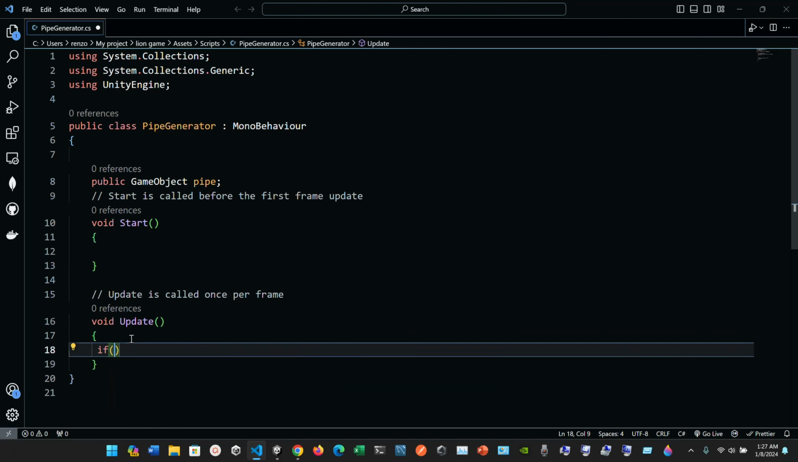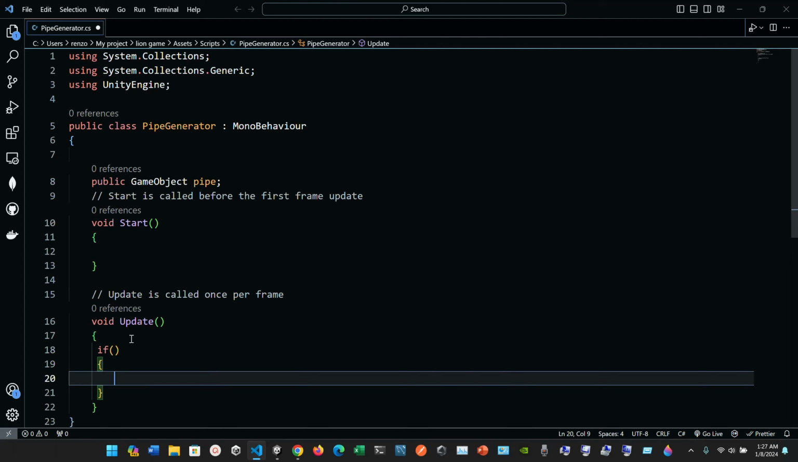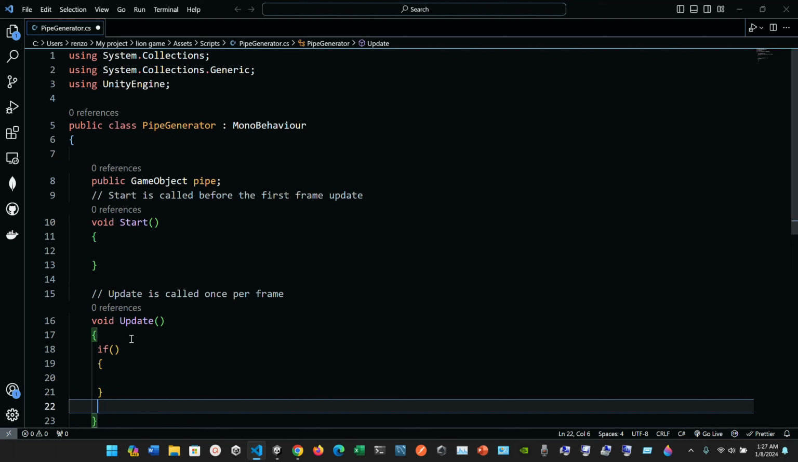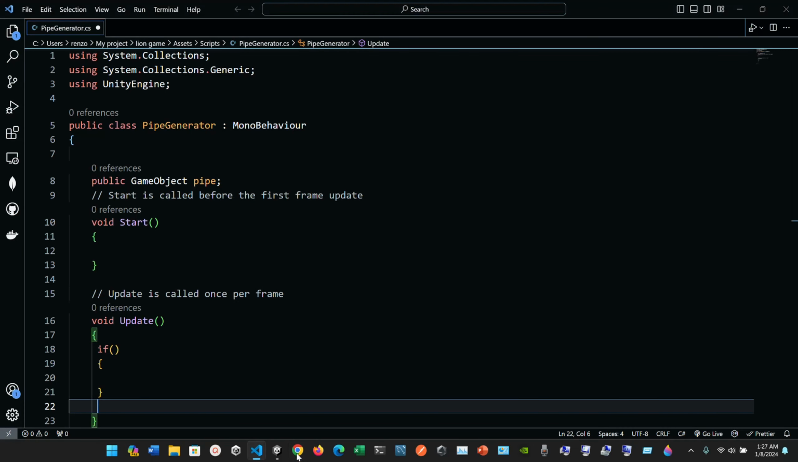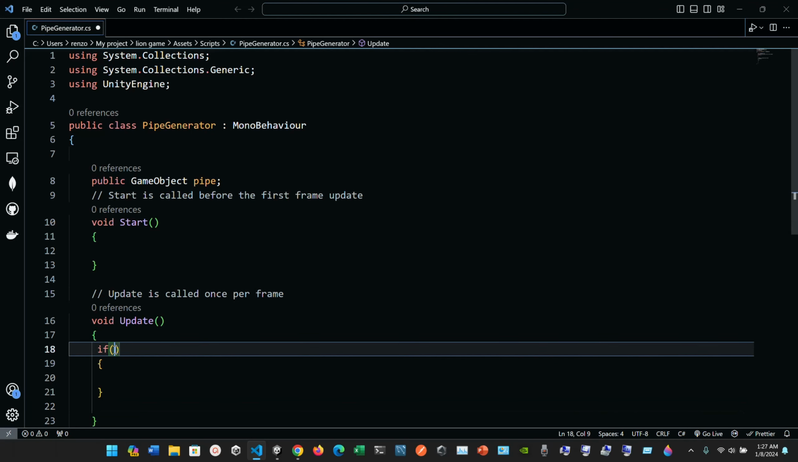So we're gonna have this if statement. Okay, if something, then we can just do it like that. If something, then something is gonna happen. And after that we are gonna use the Instantiate. Okay, so let me see, if, okay,